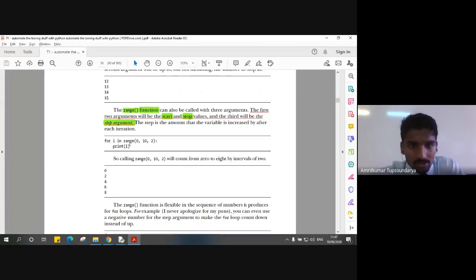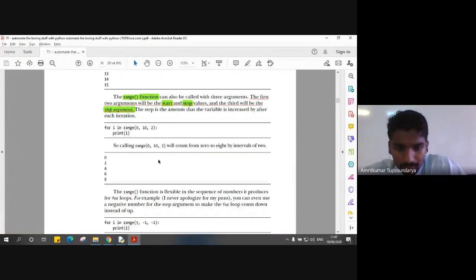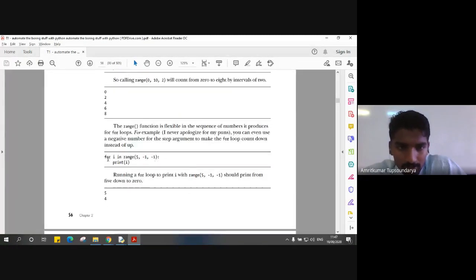So range gives us that facility to print on an interval basis, or a step basis, or a periodical basis. A similar program you can see here with respect to negative numbers. So range starts from 5, the upper limit is -1.